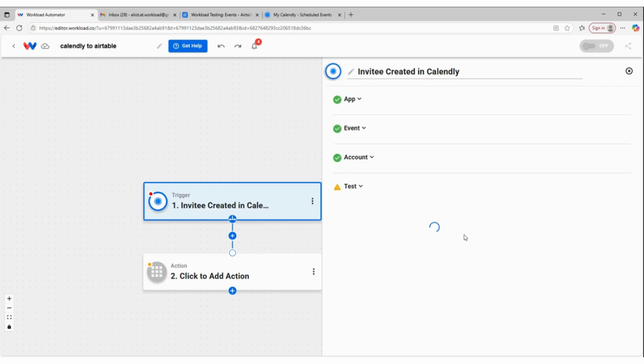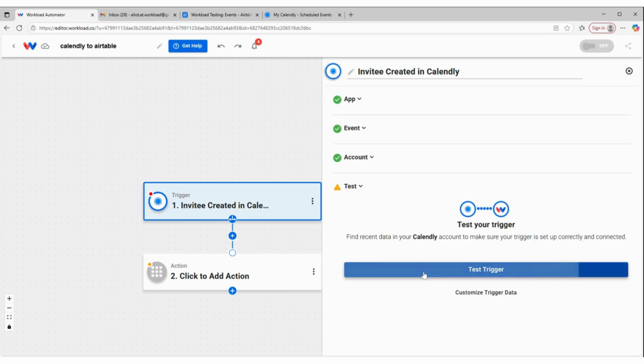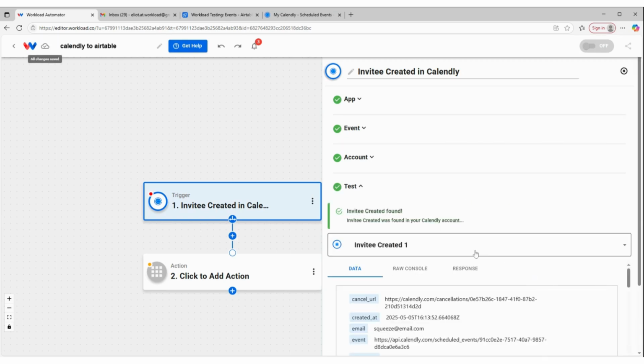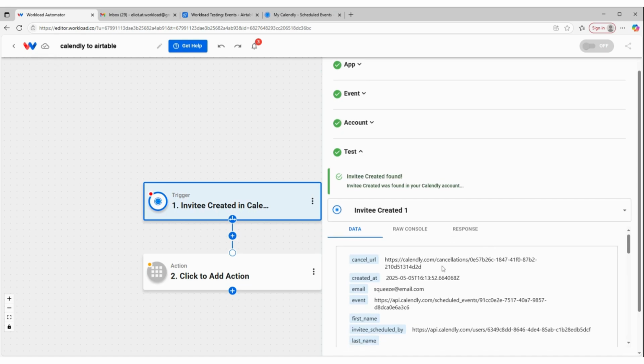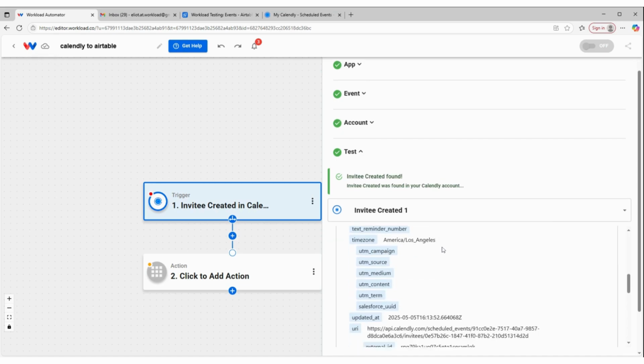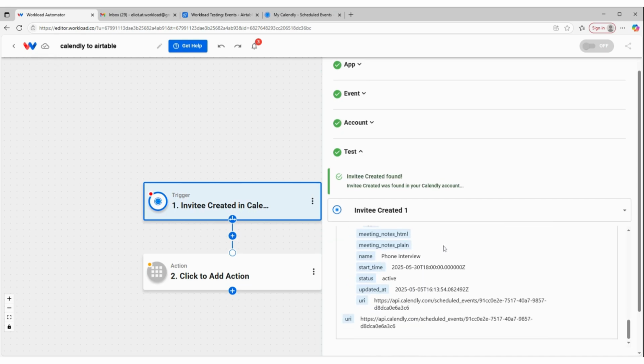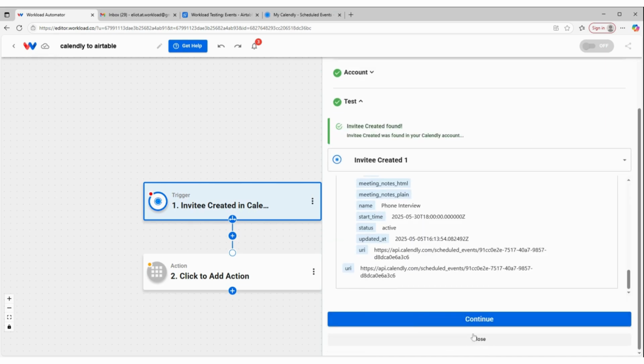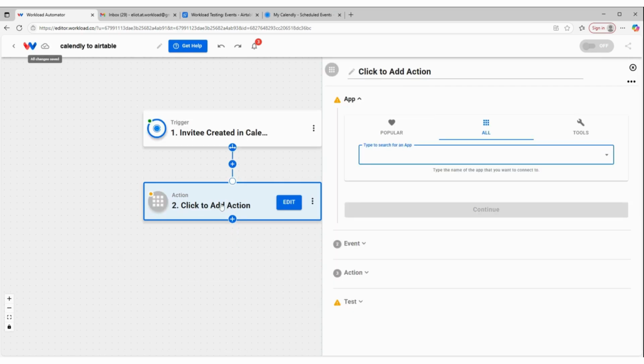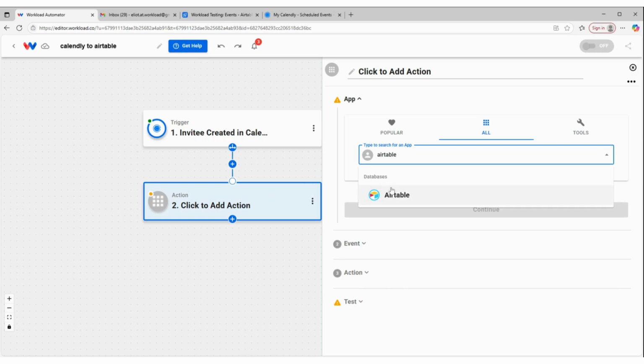Make sure I'm connected to Calendly. And then we will test this trigger. And we found an invitee. So we have the information we need in order to set up this workflow. So we'll scroll to the bottom, click continue, and then for our action step, we're going to select Airtable as our app,